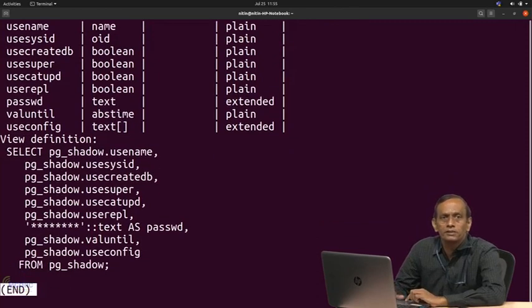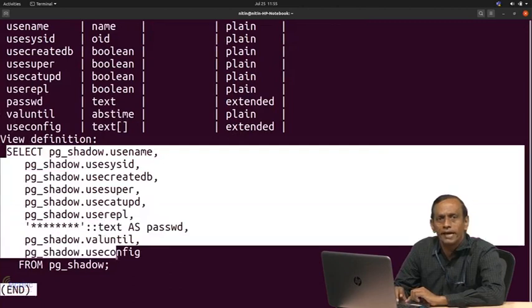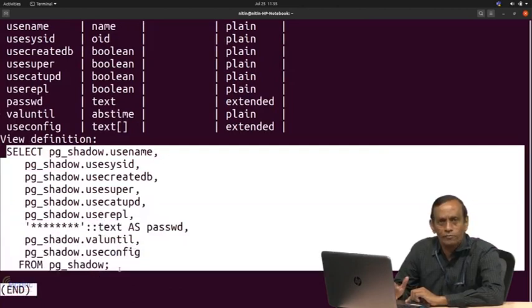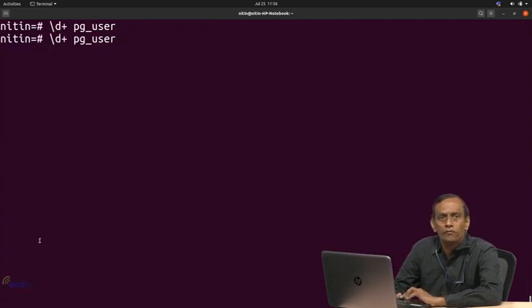Now, you will see this. This is a view definition created. So, it could possibly be like create view, view name, for example pg_user, as, and then this query might have been written there, correct. So, this is how one can see exactly the query running behind the view definition. How do you see that? You write \d+ and the relation that you specifically want. As I said, this pg_user is a view.